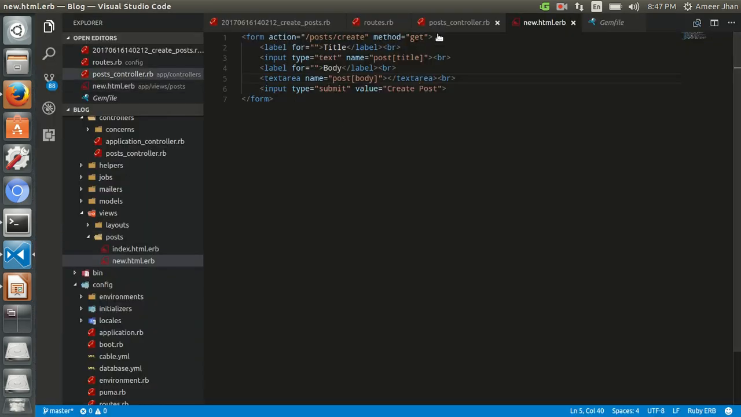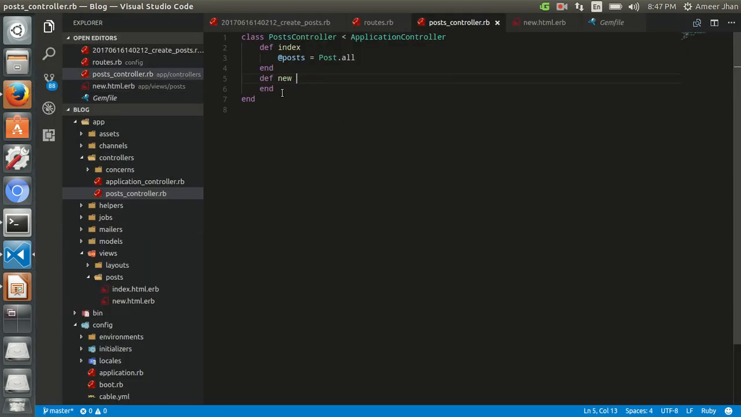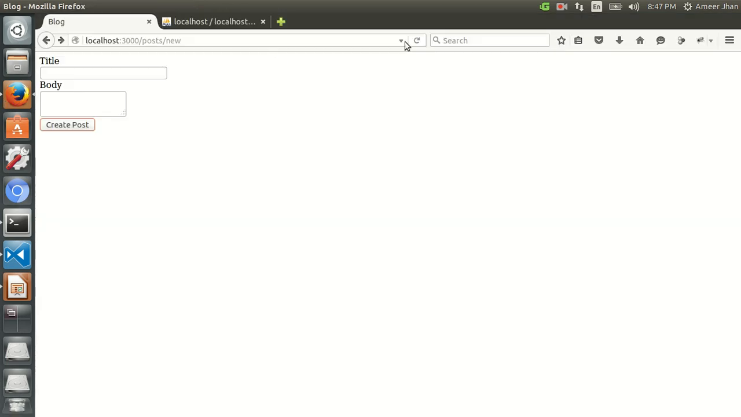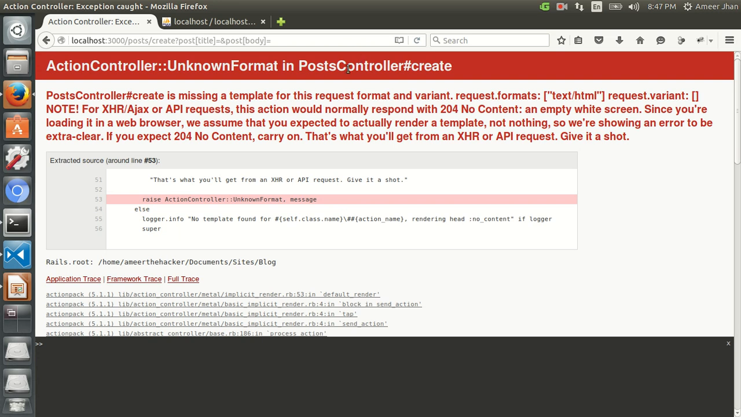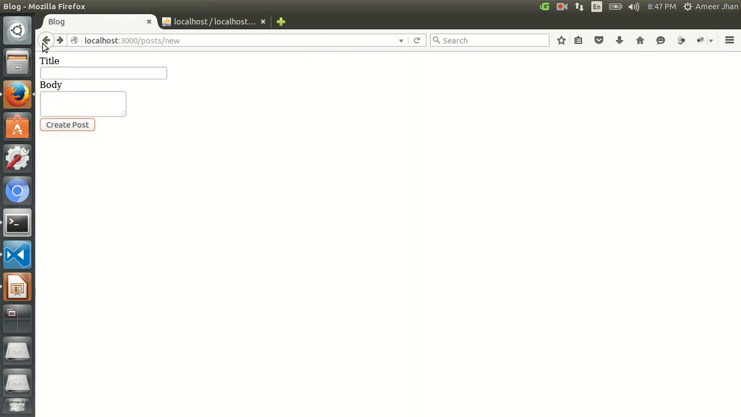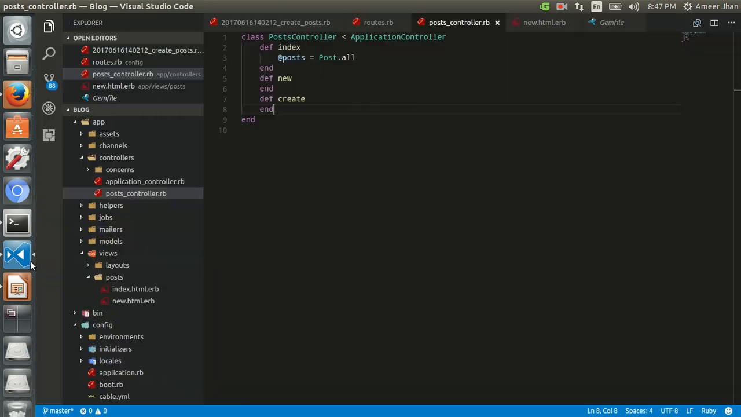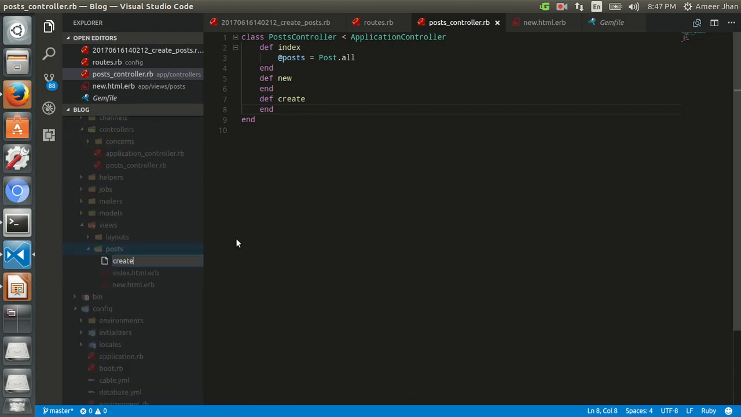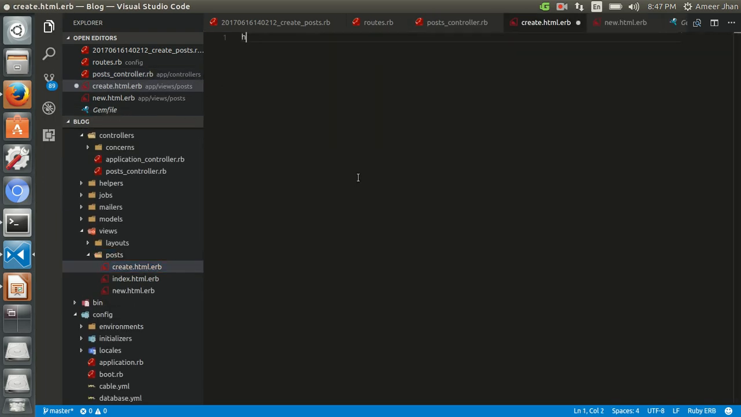So if I go to the post controller, I have only defined new, but I have not defined the action create. So I say def create and end. Now if I reload the page and click create post, it says there is a template missing for this create. Yes, we don't have a template in our view called create.html.erb. So in this template,